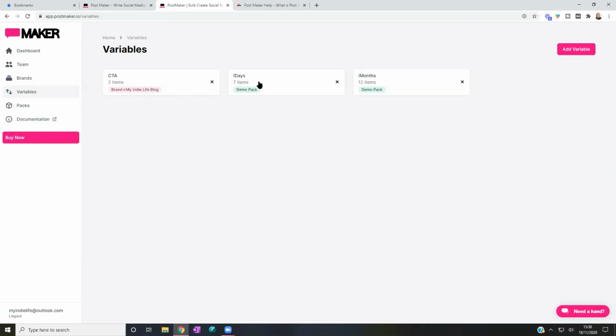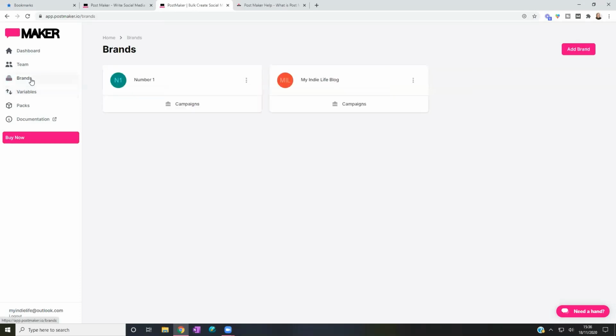So if we go over to those demo packs that PostMaker created for us, you can see they've got days and months. So they've got 7 days and 12 months here. You could add a ton of different variables here. So you could add colors, you could add sizes, anything that suits your need to create your content quickly and easily. And what you'll do then is you will go back to brands,